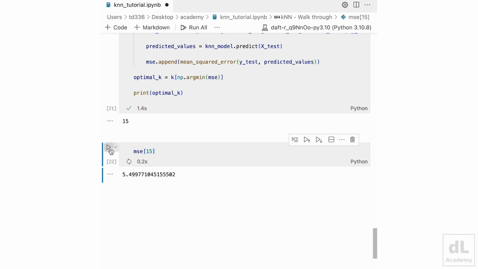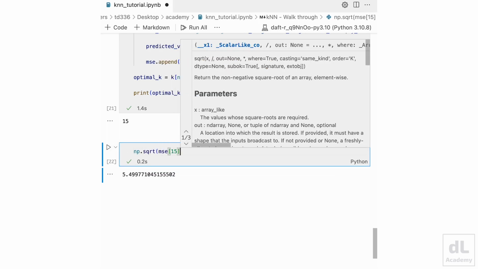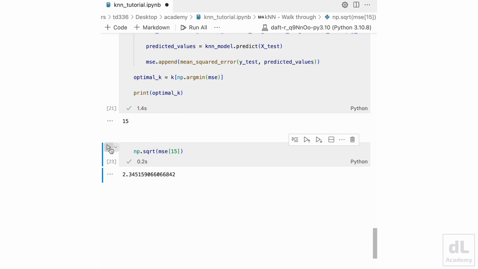And we could see what the value of it is. So to compare it to the last time, we need to take the square root. So it's 2.345, which is very close to the value for 10. So to see what happens to the mean square error, we're now going to plot out all the values against